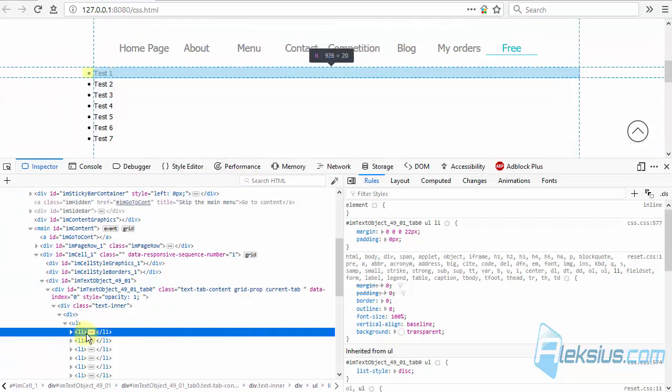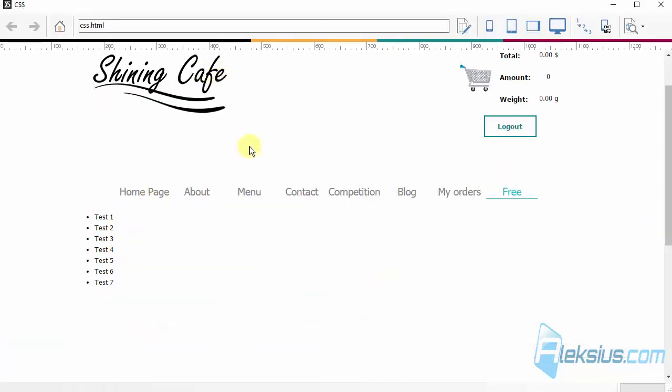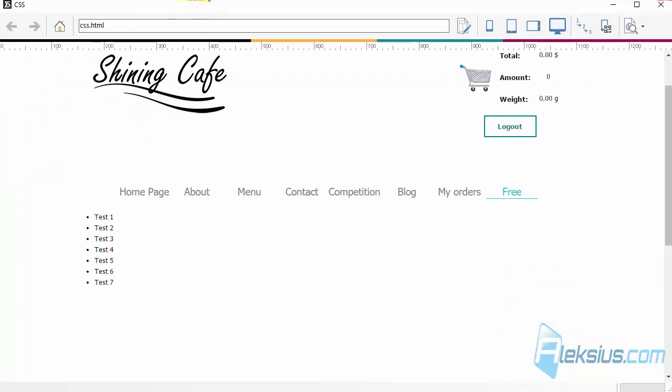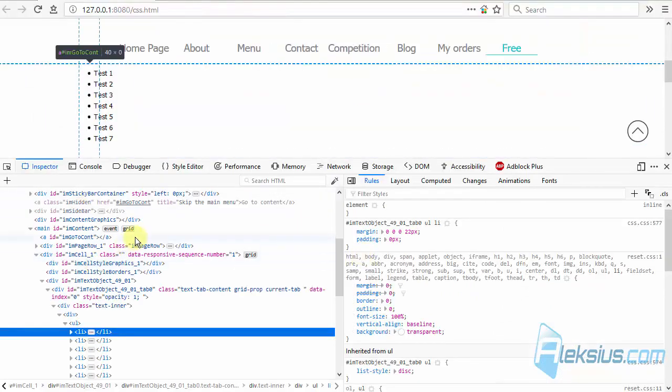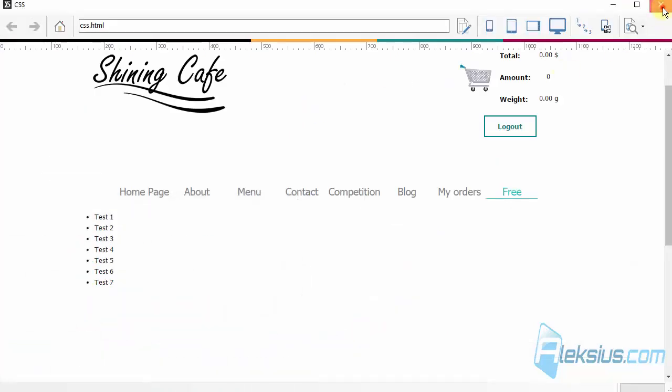You can see HTML tags, it's li. Also, you can inspect the site in the built-in browser. You can see the same picture, but I will go back to Mozilla. To know what exactly changed, you need to have some knowledge of CSS, but if you ask me or someone else how to change something and I or another person tells you to insert some CSS code, you will need to do this. Go back to the Program,